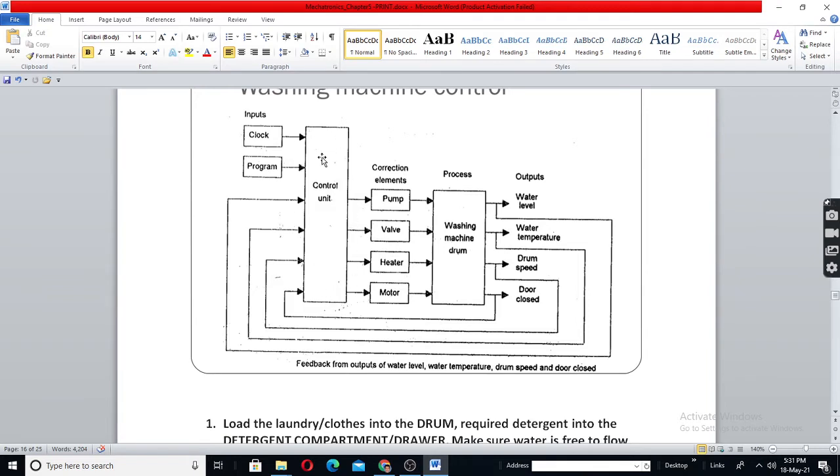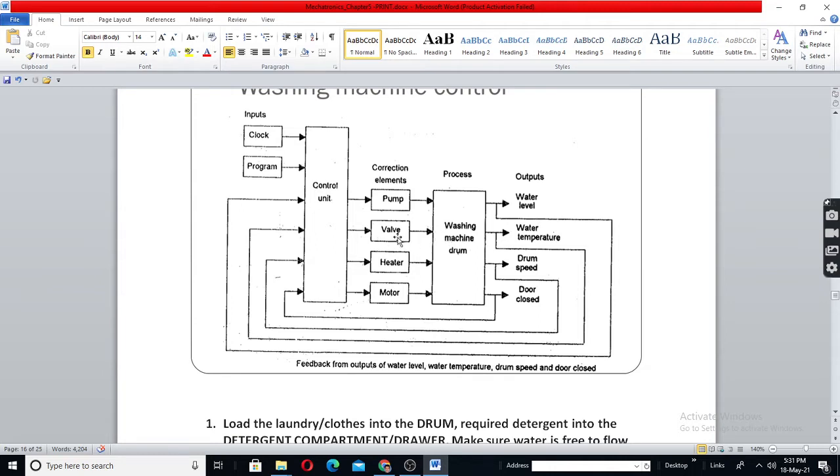The microprocessor will first give a signal to the valve as you press the start button. Then water will come into the drum through the pipe, because this is the valve. The water pipe input is not shown here. The pipe input will come like this into the drum.